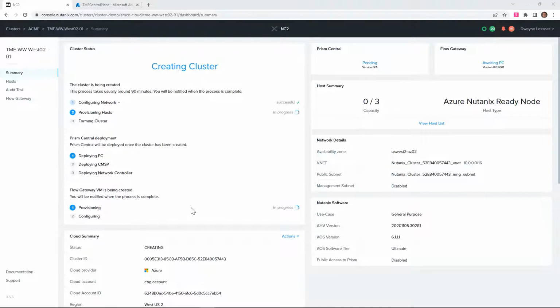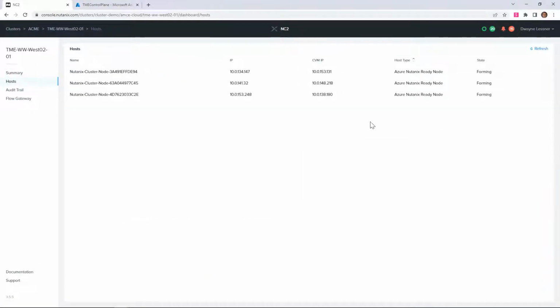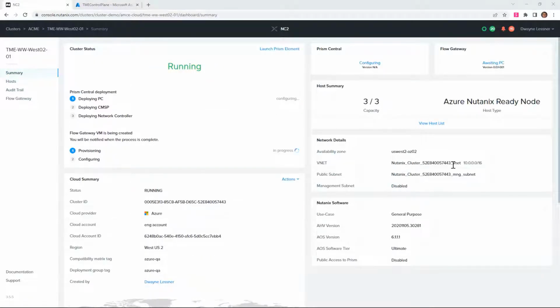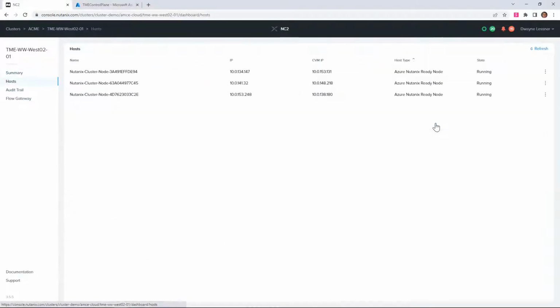Now here, we're just going through the processes. We're deploying the hosts, and then after the hosts get deployed, we're going to continue on with Prism Central. Prism Central gets deployed, and here you can see that the nodes are forming. And then once Prism Central is deployed,